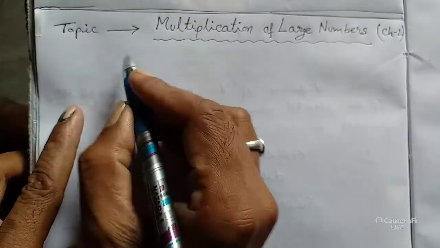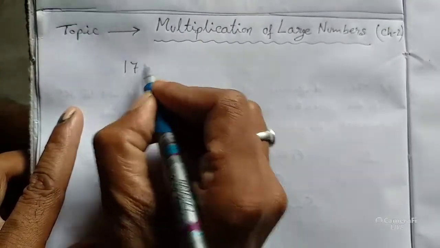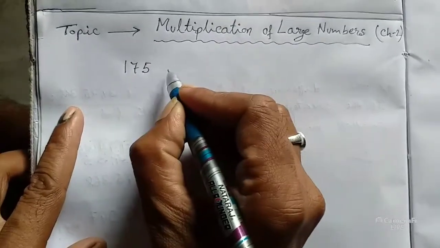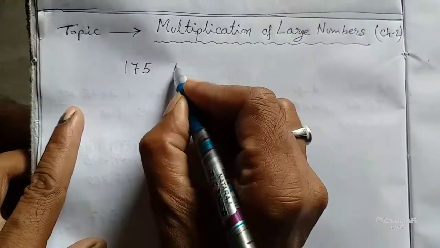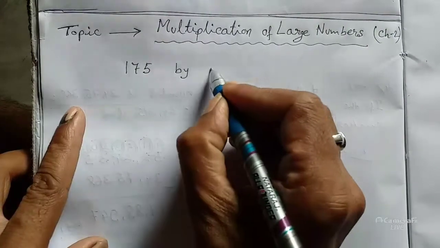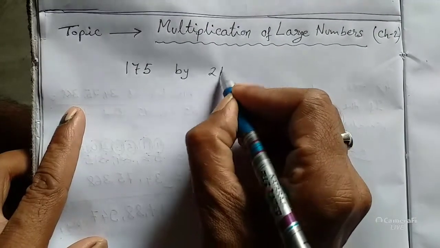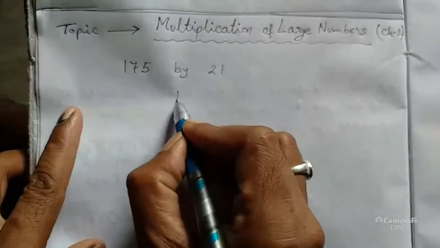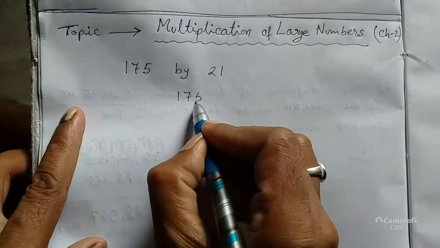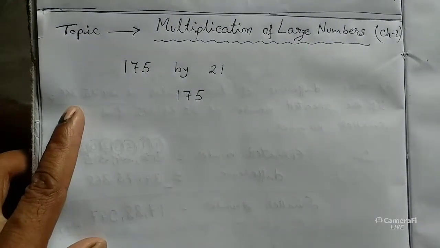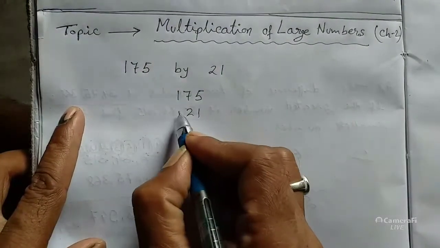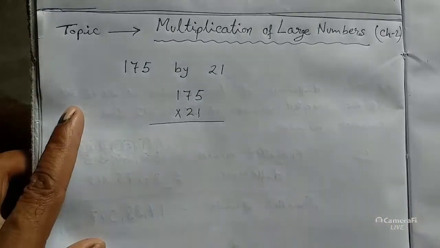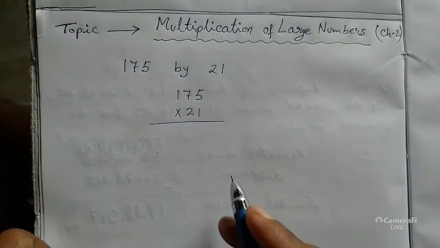Suppose we have to multiply 175 by 21. Then how can we multiply? We have to first arrange the numbers, 175 and then below it 21, with the proper multiplication sign. Now